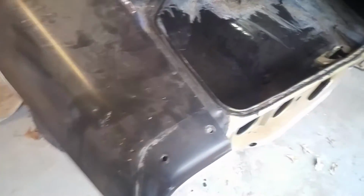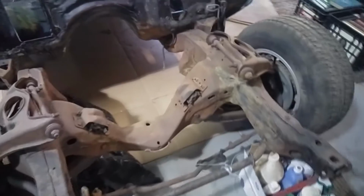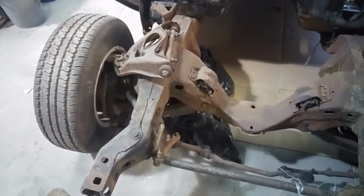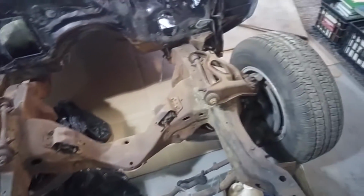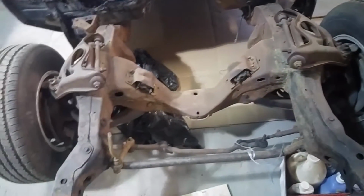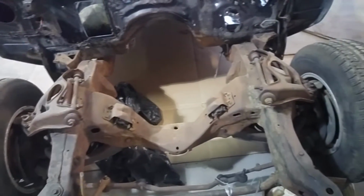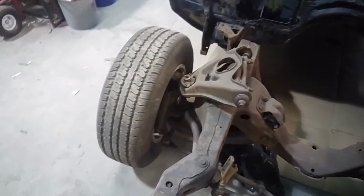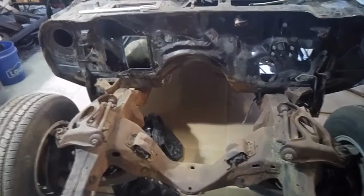I am excited to pull apart the front end and the rear end, but I'm going to do the front end first. I got new springs and shocks and all that stuff and motor mounts, and so I'm going to take this completely off of the frame and just kind of blow it all apart. I still have to buy whatever I'm going to need for the brakes, stuff like that. Check out the rotors, see what kind of shape they're in. I haven't pulled these tires off because I've tried to leave it as mobile as possible at the moment, but it's about time that all this stuff gets blown apart. I've got all new bushings for everything. Just needs to be painted and put back together. Springs, like I said, shocks, upper lower ball joints. I've got the bushings for the control arms, the body bushings,